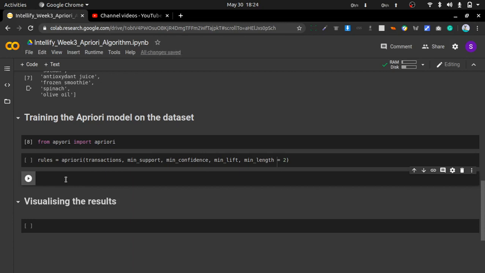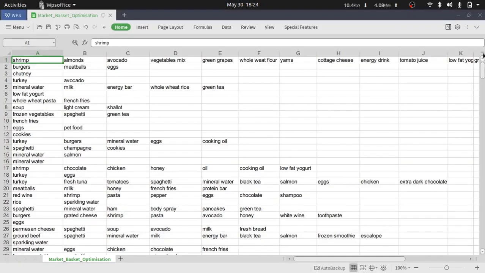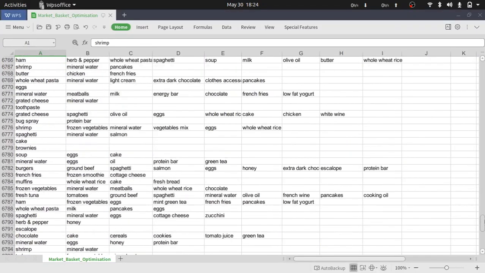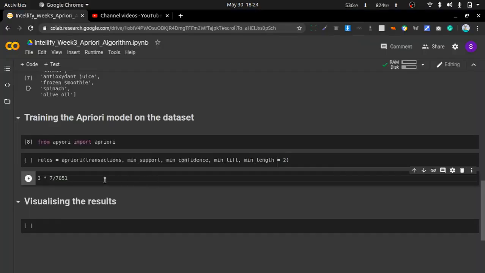So suppose you want to sell product 3 pieces per day, and as this data set is of 1 week, a week contains 7 days, and in total we have 70. So let me check, 7501. Okay, so what does this mean?